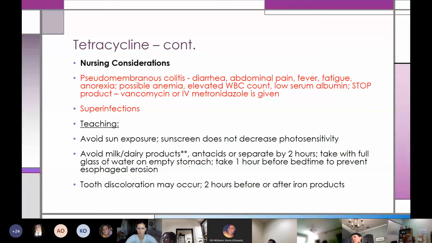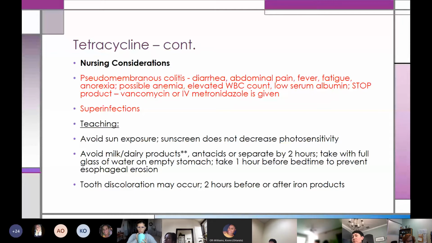All right, so that's why tetracycline can be kind of dangerous. Down here under teaching part, it's important to remember to avoid milk or dairy products. Don't forget about the antacids. But the big thing here is that it can cause esophageal erosion if they take it and immediately go to bed, right? Tetracycline. And there could be some tooth discoloration,